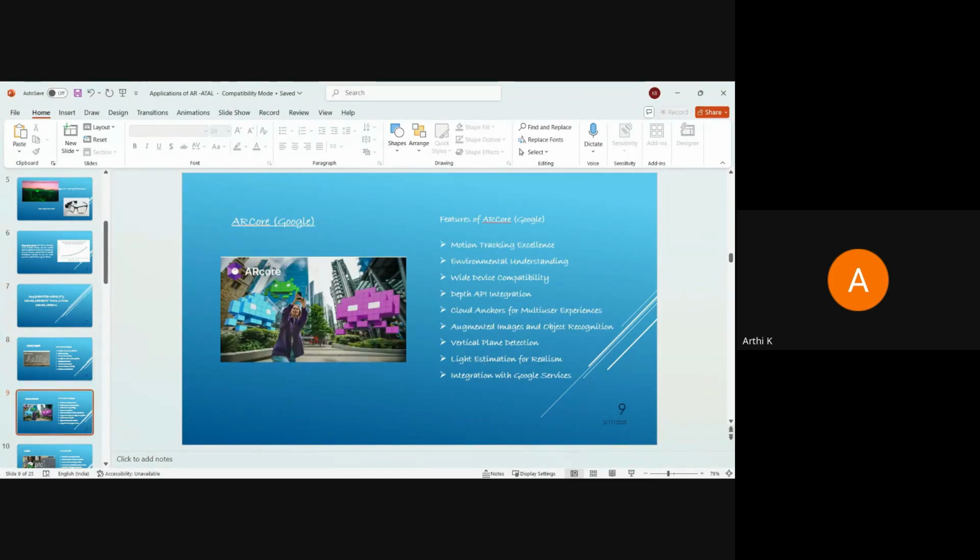Okay, so the next that we can look into is the one that has been given by Google, ARCore. And here also you have features almost competing with ARKit. You have the motion tracking experience, environment understanding, wide device compatibility. When compared to iOS, you have people using Android devices, no? The number of people using Android devices is equally large in this global market. So you have the wide range of Android device compatibility in ARCore,